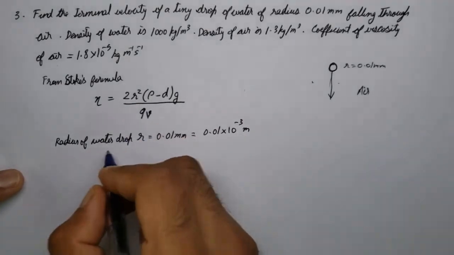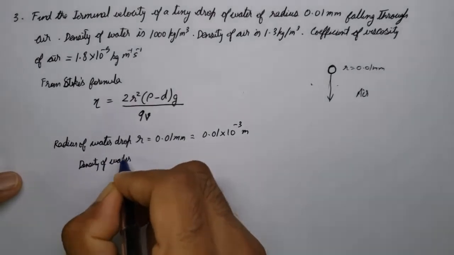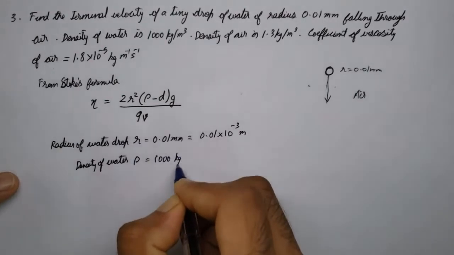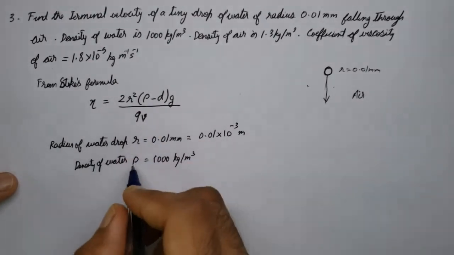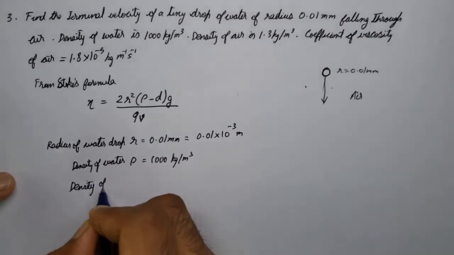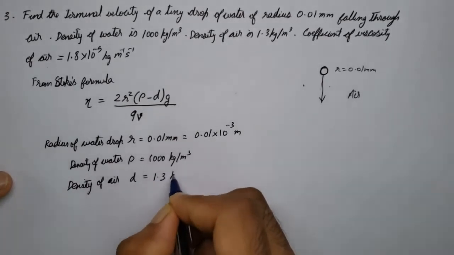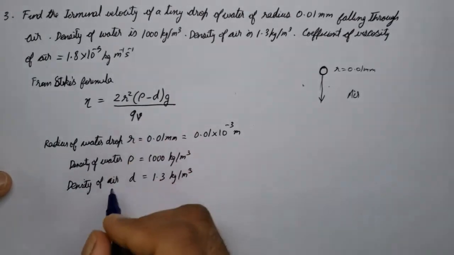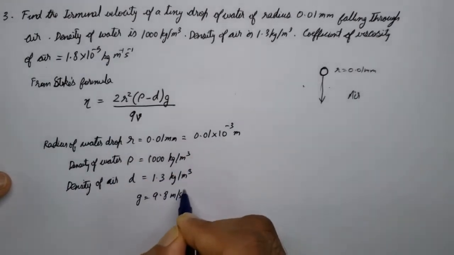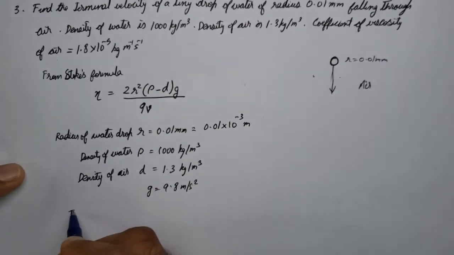നെക്സ്റ്റ് വൺ ഇസ് ഡെൻസിറ്റി ഓഫ് വാട്ടർ. Density of water this is rho, that is 1000 kg per meter cube തന്നിട്ടുണ്ട്. We have got density of air. Density of air is d ആണ്, 1.3 kg per meter cube. g, acceleration due to gravity, is 9.8 meter per second square ആണെന്ന് അറിയാം. And we need to find out the velocity. Terminal